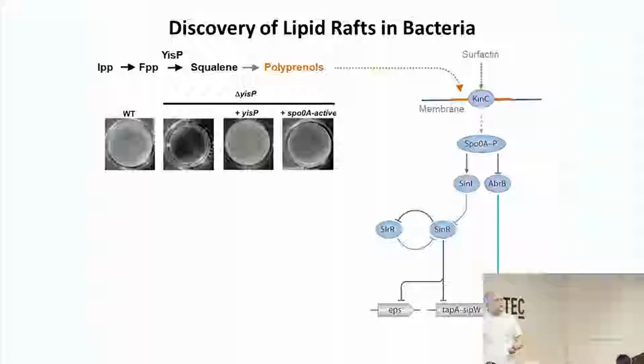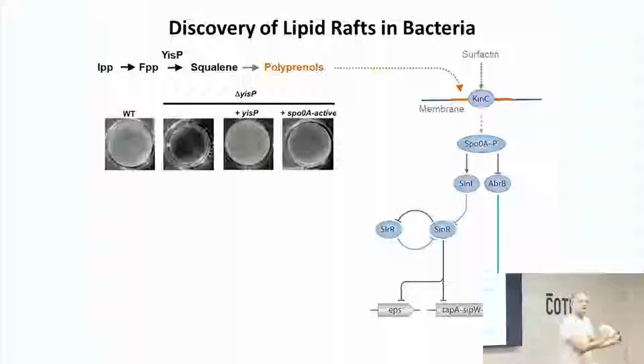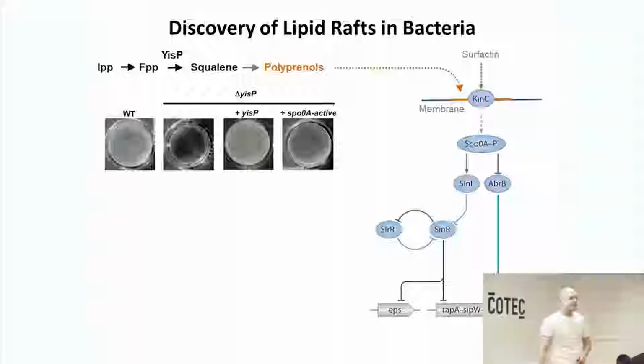KinC, we know, is a membrane protein, so there should be some regions in the bacterial membrane in which KinC concentrates, and they are actually protected or reinforced by this type of lipids. Later, in a further collaboration with Eric Oldfield in the United States, we realized that probably the most robust hypothesis